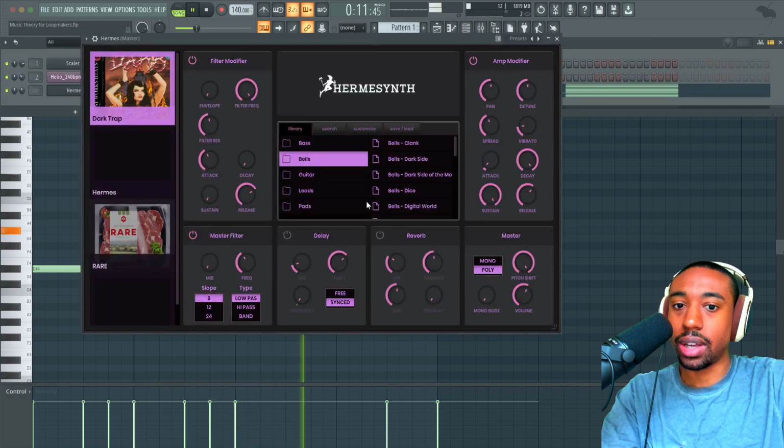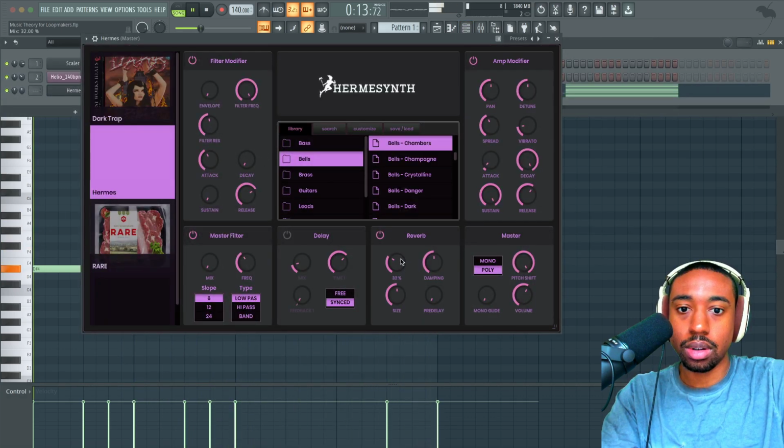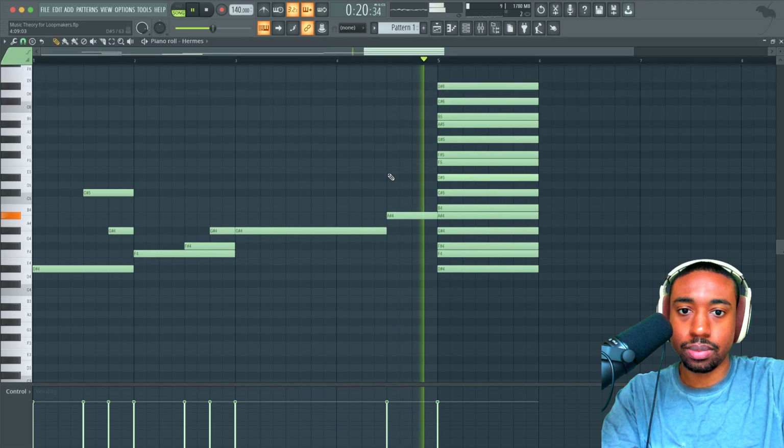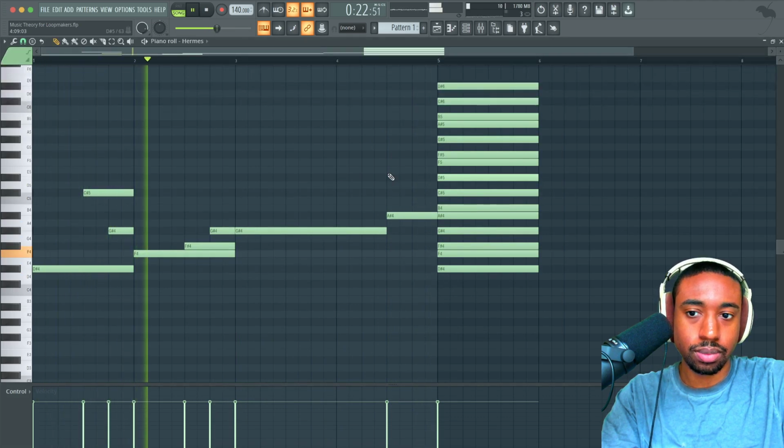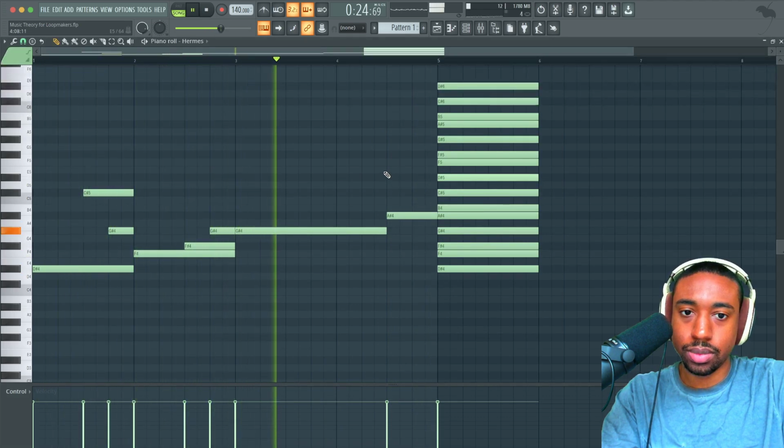Now you can add all the effects to wash it in the background. See how it just sits well?